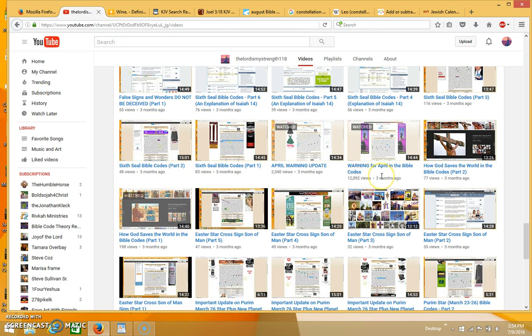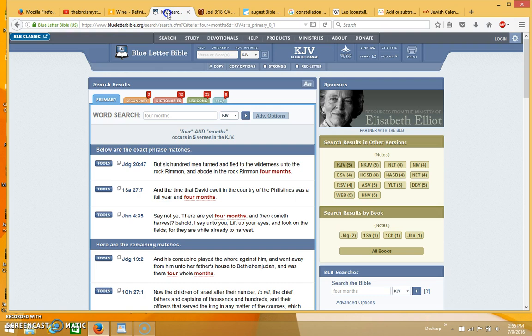But from August, this would have been about 4 months back, and what's important to note is that there was a wheat harvest back in April, but that would have been the winter wheat harvest, the one that would have been planted in the winter and would have matured in the spring. But there's also a summer wheat harvest that gets planted the 1st of Nisan. It gets planted in the spring and then it matures 4 months later.